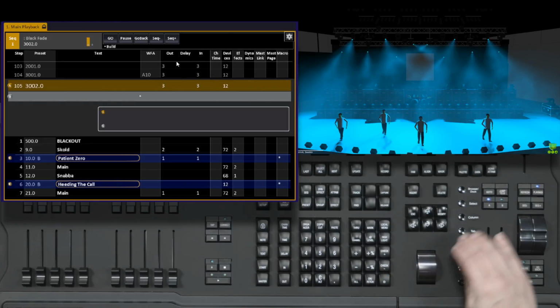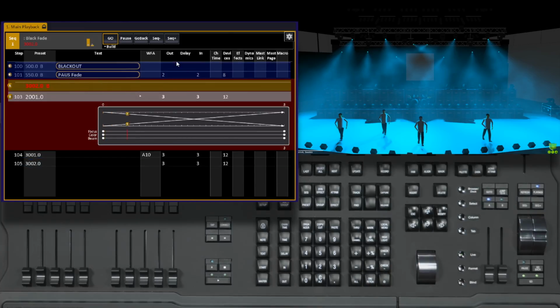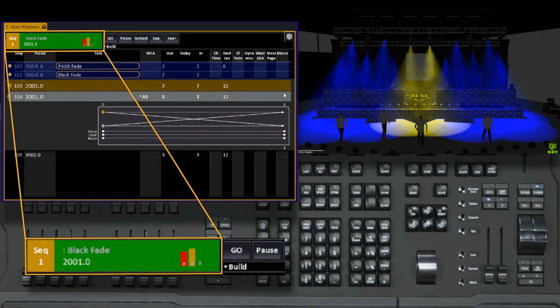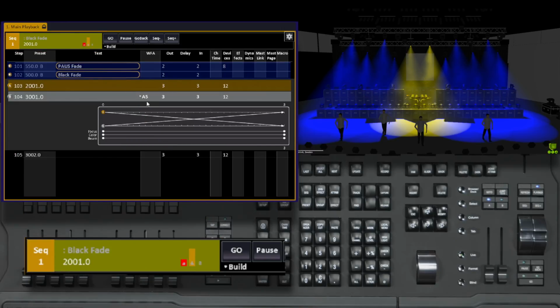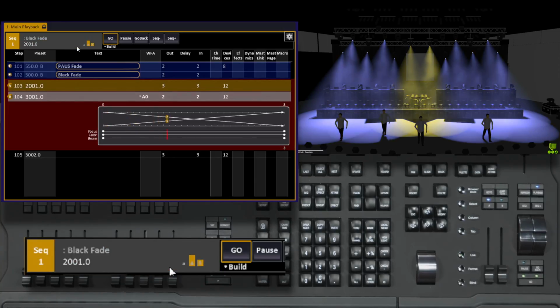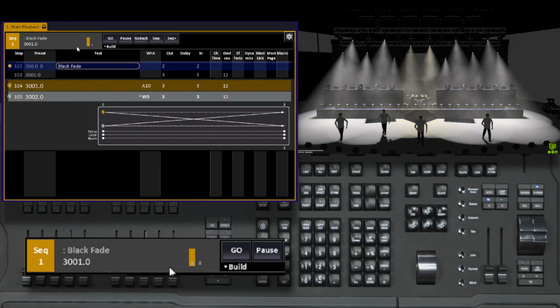An alert time does not execute anything, but what it does do is it counts down. So if you look in the playback tab, you can see that it's green, which means we're in a safe time. At 5 seconds of alert, it turns yellow as a standby. And when alert turns 0, it turns red, and that's when I'm supposed to hit the go button for the next cue. I manually entered this alert time on this step as a reminder to myself,